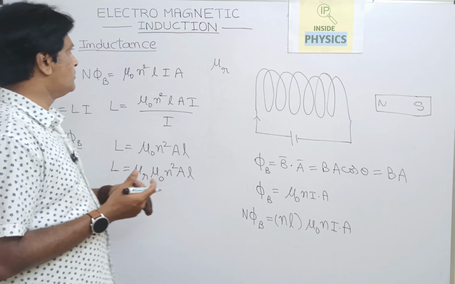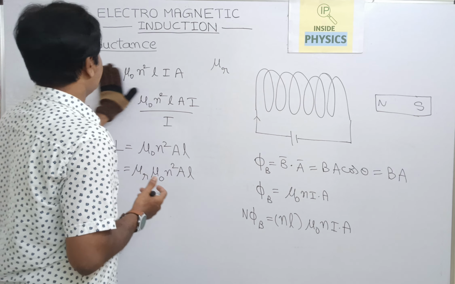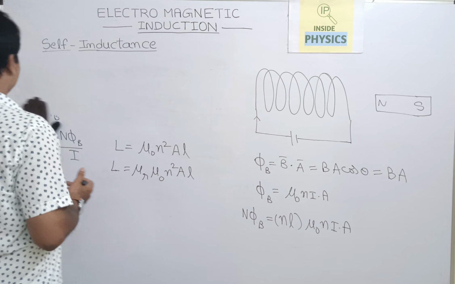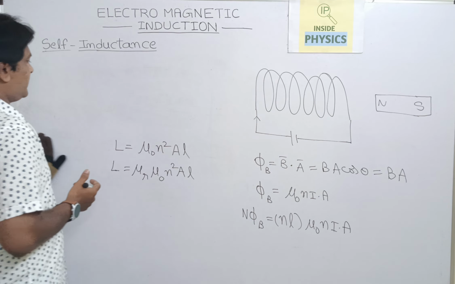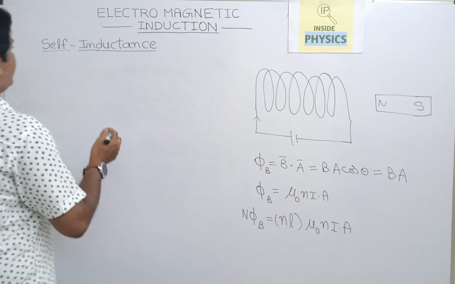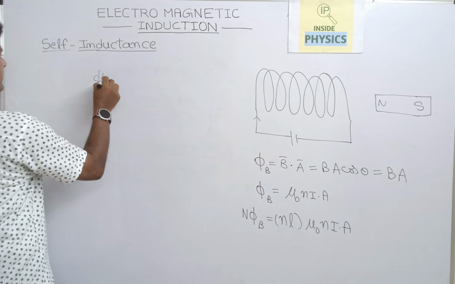So how do we calculate the rate of work, the electrical power dissipated? That is calculated with the mathematical relation